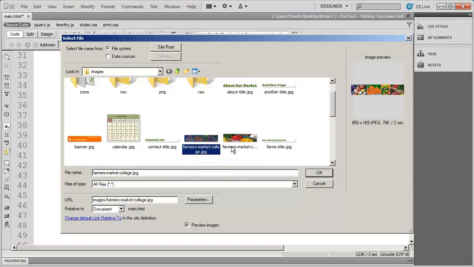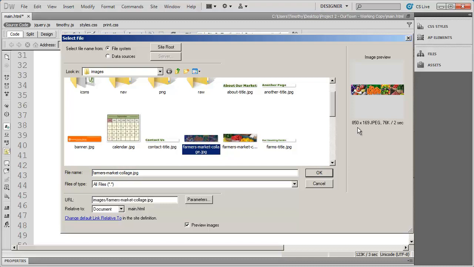And again, if you're creating this image, it's going to be 850 pixels wide by 169 pixels tall. And actually you can make the height of these anything you want, but it is important for our overall structure that they be 850. If you decide to change it to another number, whenever I reference 850, you're going to need to go ahead and change that to whatever you've